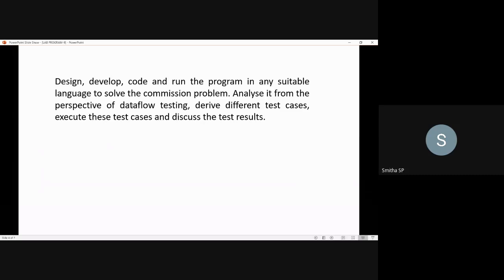So you have to write a program for the commission problem, then use the data flow testing approach to derive the test cases, execute them, and discuss the test results.